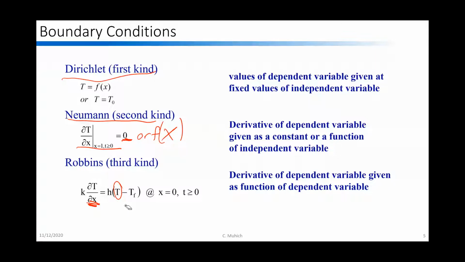Right? So this is going to come up in more complex partial differential equations. For today, we're going to focus on these two, and then we'll get to Robbins next time. Okay, so